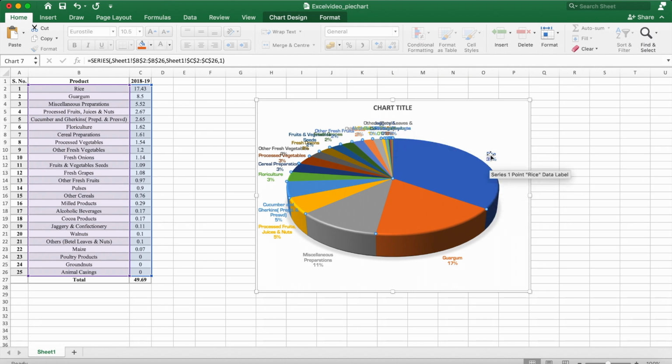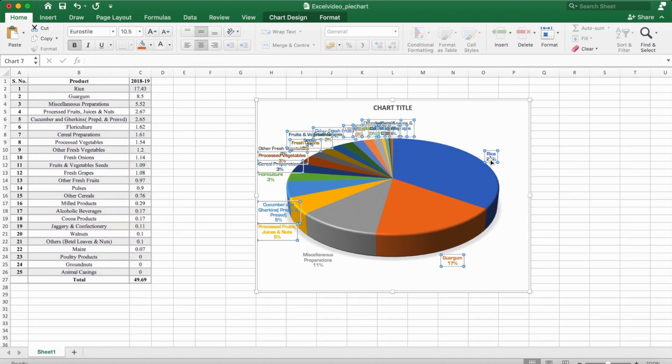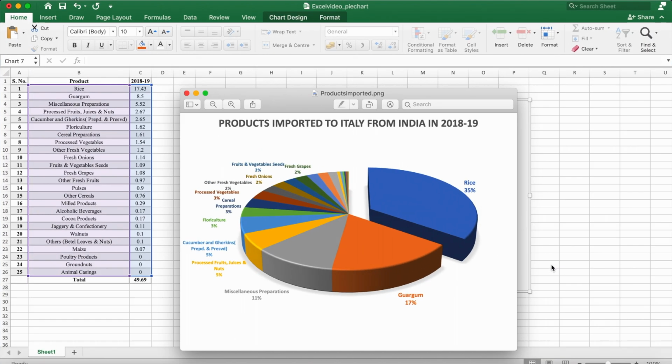And so what you have to do is just click over the rice section, just double click on it or just click it twice, and then change the font size so that everyone can see that this was the biggest section in this entire pie chart. Once you click over there you can see that almost everything has been like this, but we have to get rid of the last products. We don't want those products in our pie chart.